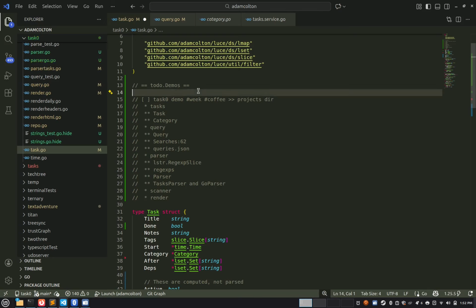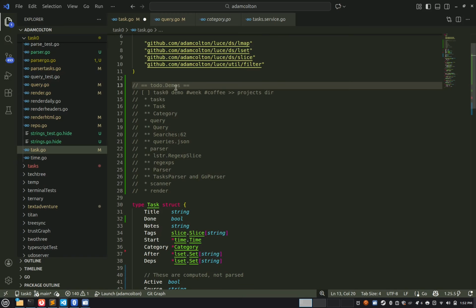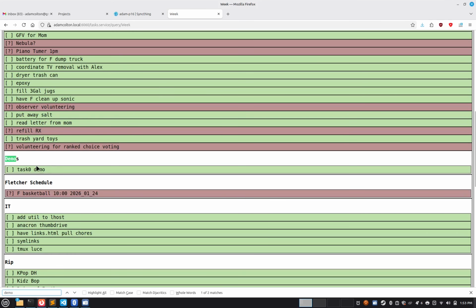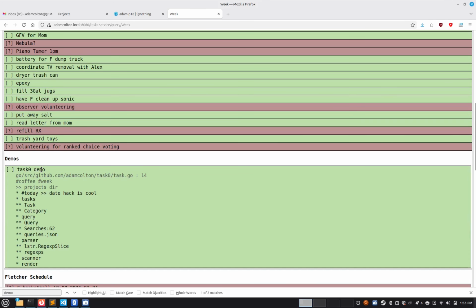It sounds a little confusing, but it ends up being really simple in practice, that if I want to go to a specific category and start working, I can do this. And yes, it's parsing Go files as well. So I have it pointed at a few root directories of projects that I'm actively working on, and I can now add tasks there, and they get picked up. There's the demo, task0 demo, and I can even show that